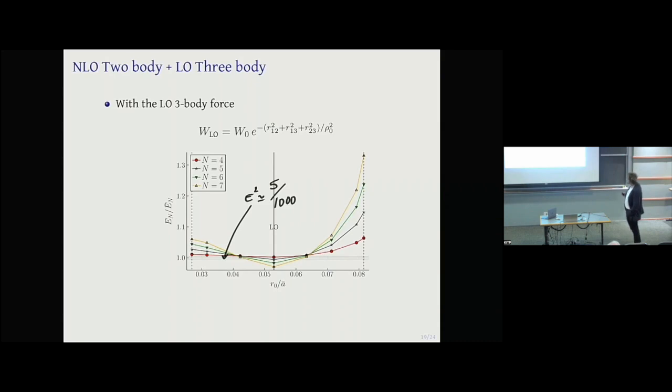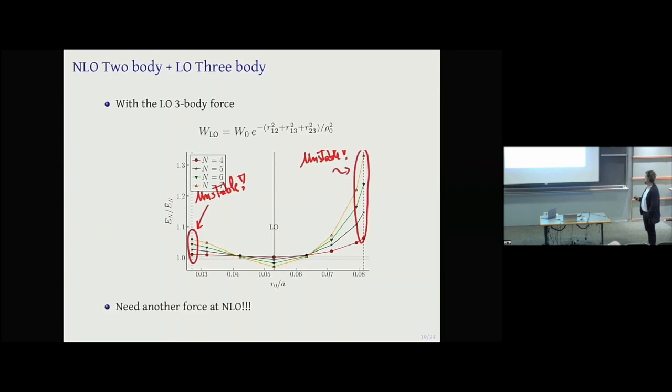The triple point is not. But what poses a puzzle, or a problem, more than a puzzle, it's a problem, is that these extreme points were the points where the three-body force already reproduced the three-body energy. So in this case, I don't have the three-body force. Or if you want, the strength of the three-body force is 0. And we come back to what I saw before. The system is unstable.